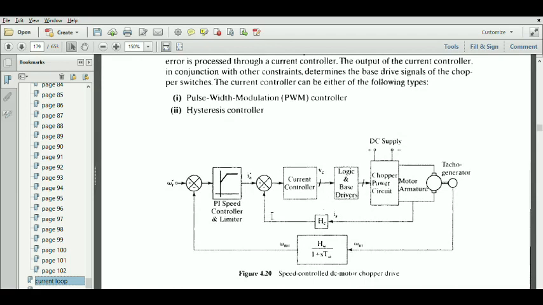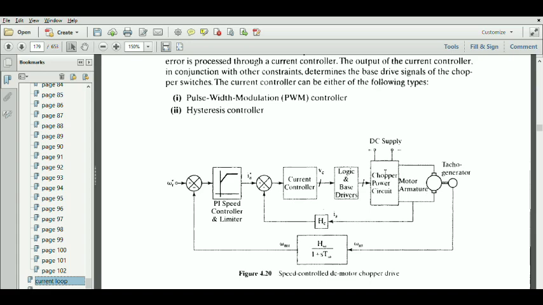Actually, I have discussed this with you previously in the classroom itself. You can see here we have an inner current loop and an outer speed loop. First of all, we have to design the inner current loop. After that, we will be designing the outer speed loop. In the inner current loop, IA star is the input here, and IA is the armature current,